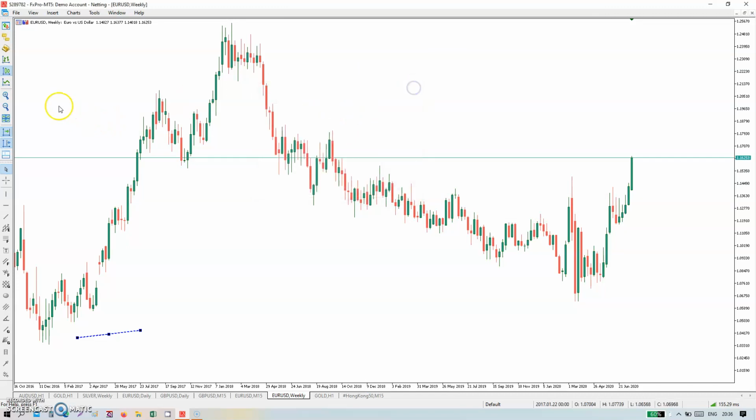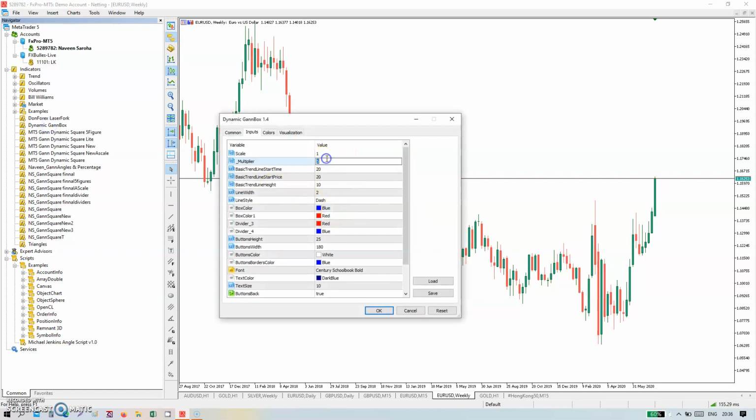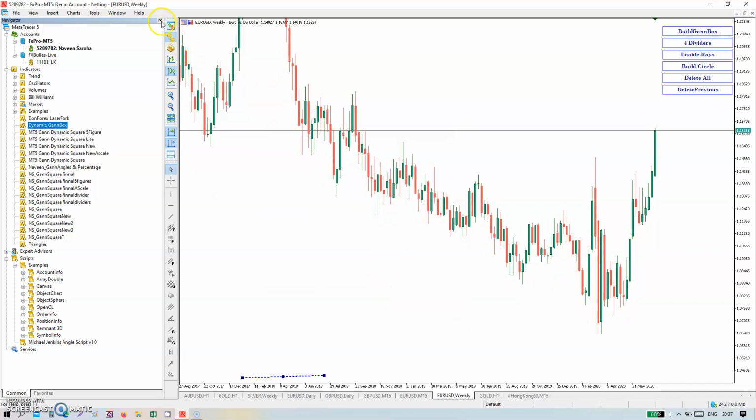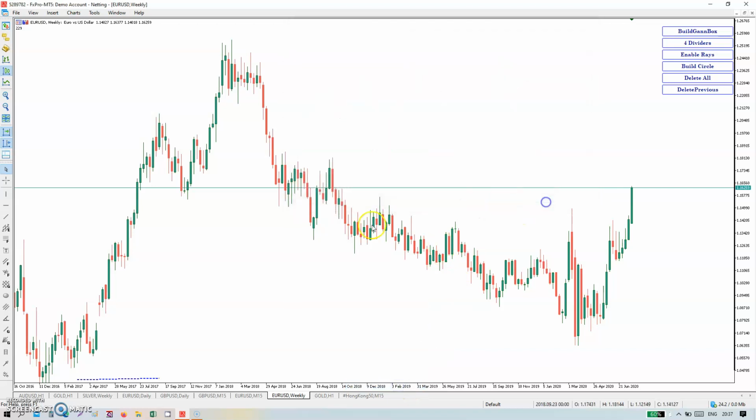Okay, let me show another one, GAN box. All products have the same parameters, and some features are different. One is a GAN box, one is a GAN square, and one is a GAN square light version. Right now we are doing 20. Scale is up to 100 points per bar.